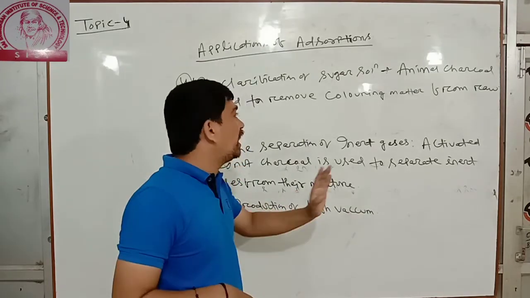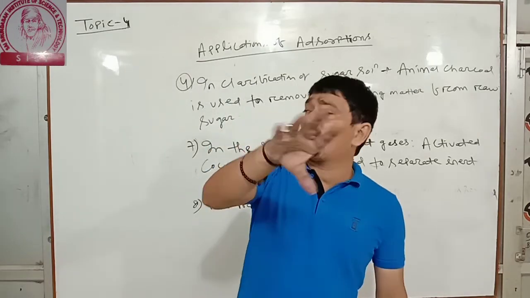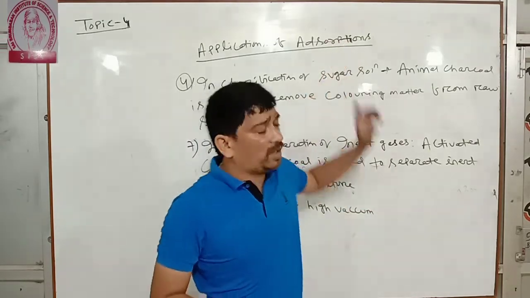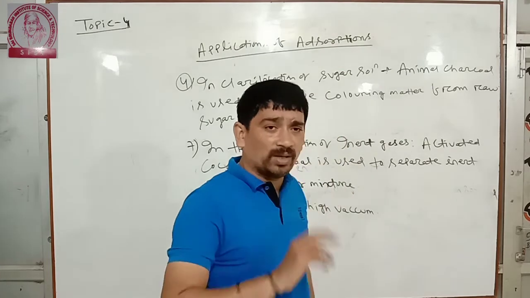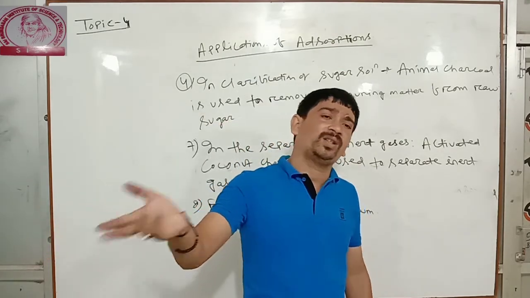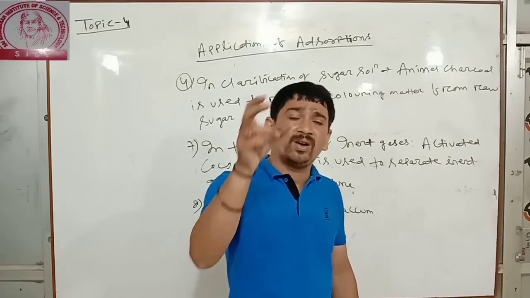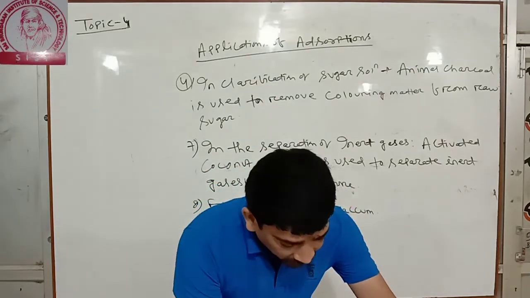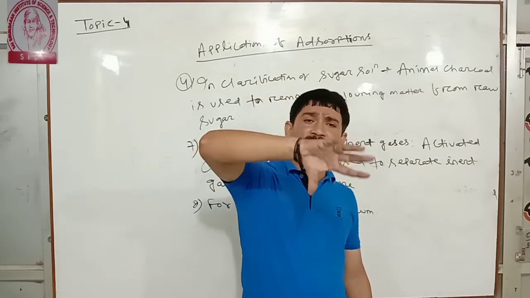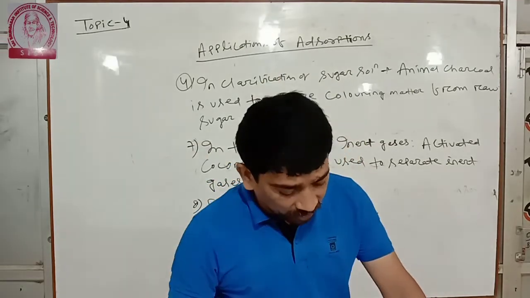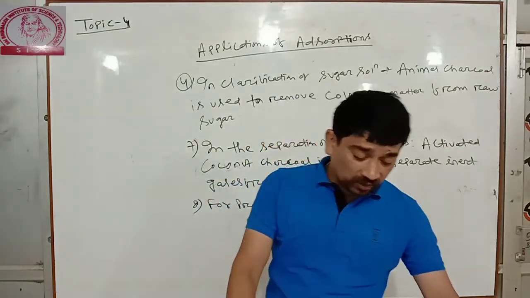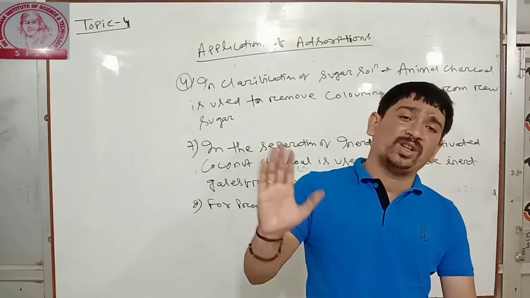Next, production of high vacuums and chromatography analysis. Chromatography you will study; chromatographic analysis is one of the major applications. In crop flotation process, you will study in analysis, sulfide ores get concentrated by this process. Clear? Lead test for the confirmation of aluminum 3+. It is also used, based on adsorption.